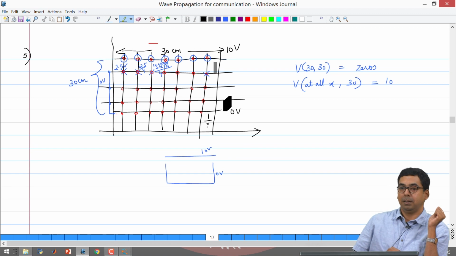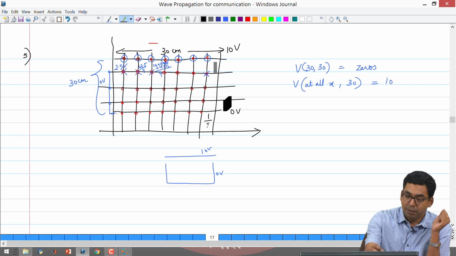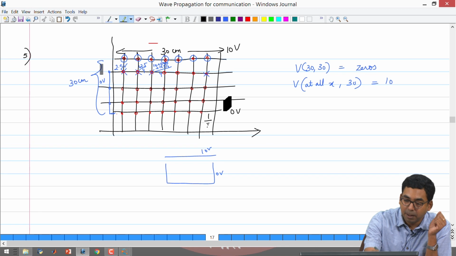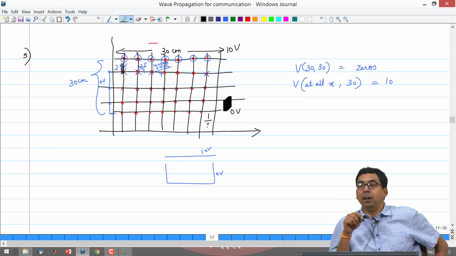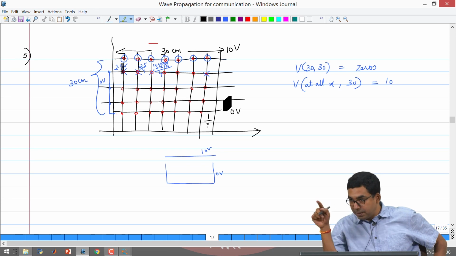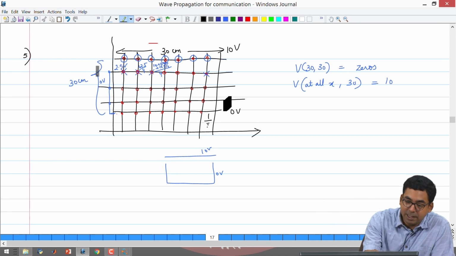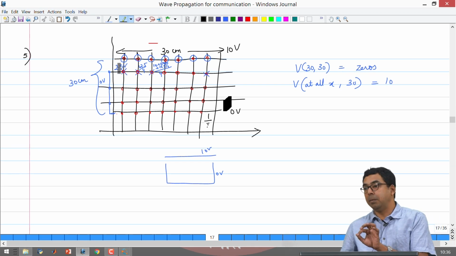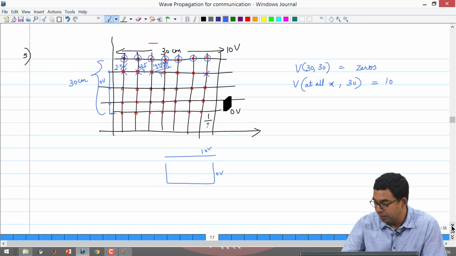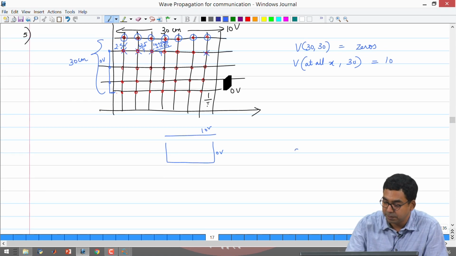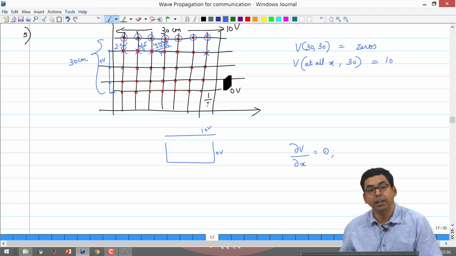But what does that mean? That should mean something. If you place a boundary in such a way that the point on the left side is equal to the point on the right side, and going by our previous lessons, if I want to take a derivative of the voltage along the x direction, since the voltage here is identical to the voltage here, the derivative of the voltage along that direction is going to become equal to 0. So, the analytical way of writing that boundary condition is dou v by dou x is equal to 0.